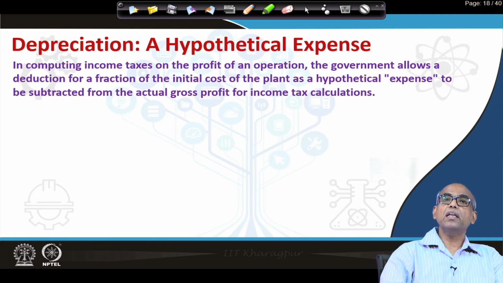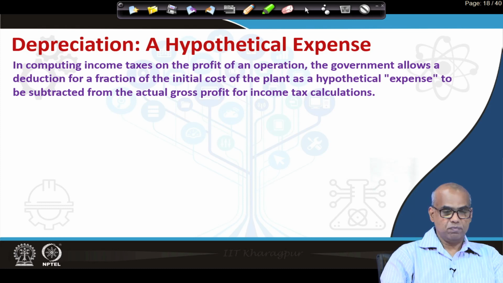So, income tax will be computed on an amount which is gross profit minus this hypothetical expense